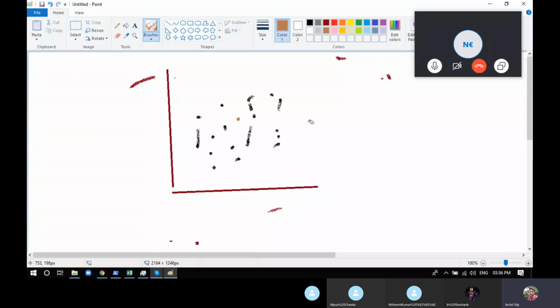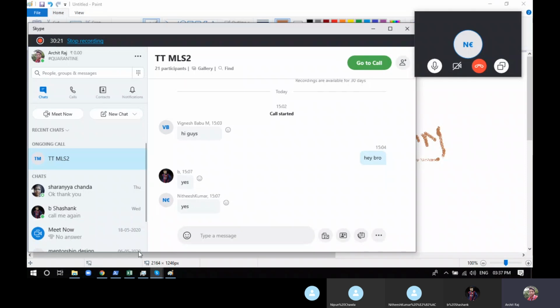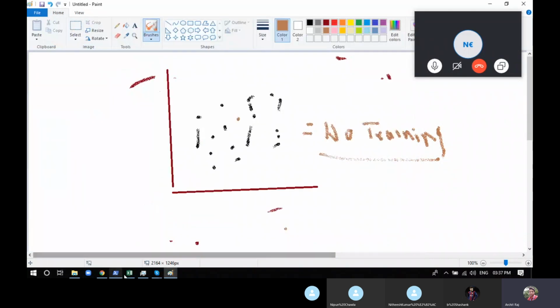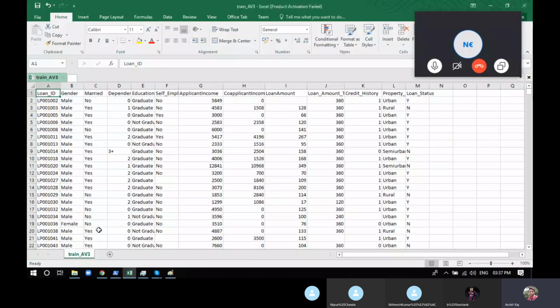So there is literally no training step. It's always ready to give you predictions. This is one benefit of K-nearest neighbors, that it doesn't take a whole lot of toll on your CPU and memory. So this is what K-nearest neighbor is all about.